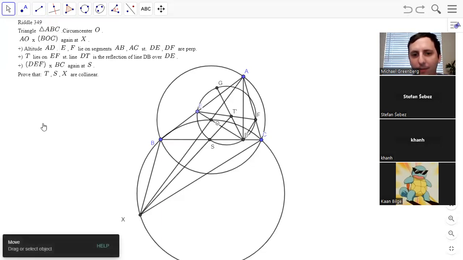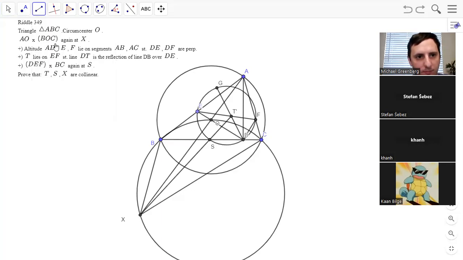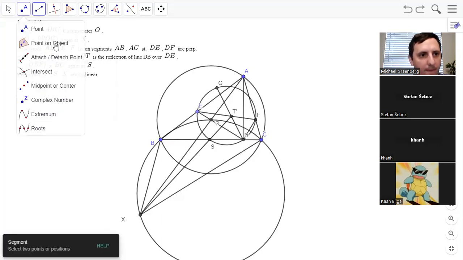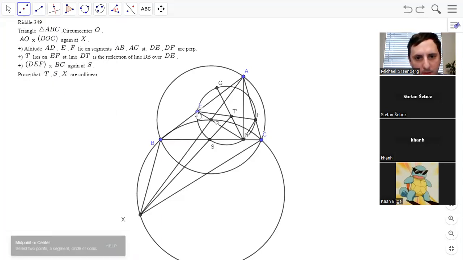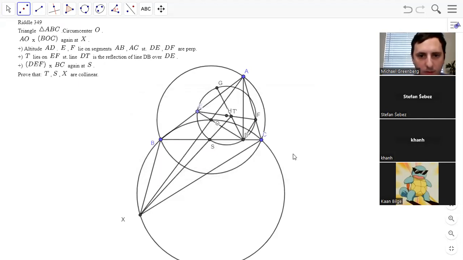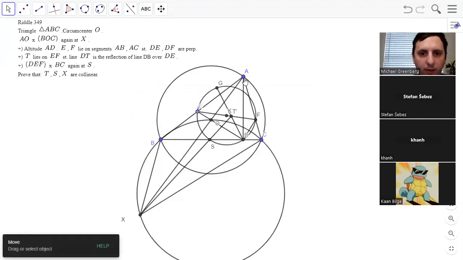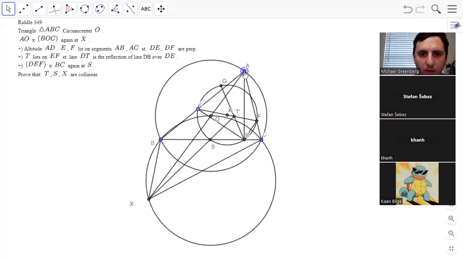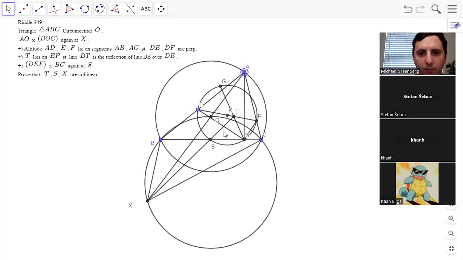Sorry. I think that if you let K be the midpoint of EF, then if we can show that KT prime DS is cyclic, then we are done. But it's not really easy. Okay, KT prime DS. Would that help show... okay, so if we showed that,